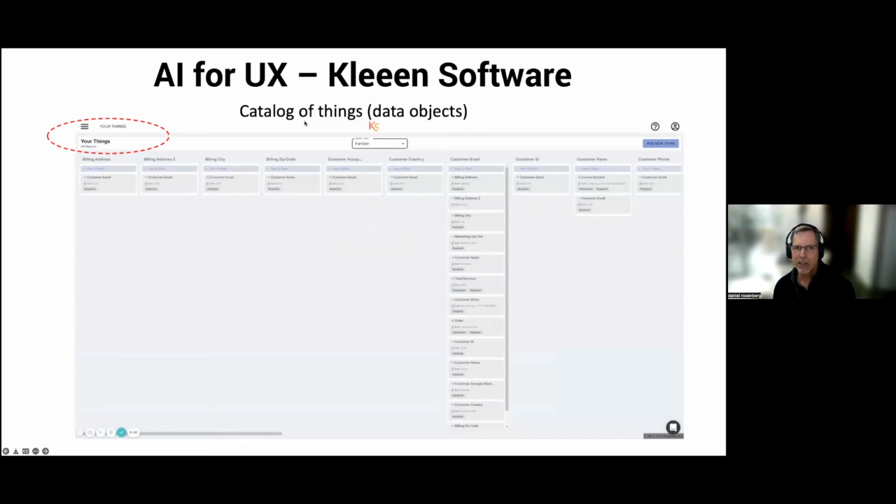It has this catalog of things. A thing is a data object. A thing is actually, consider this the database schema, that you need to explain what the data is that you're working with, right? Sometimes this can be deduced by reading the APIs. The artificial intelligence can look at the APIs and the database knowledge base and figure this out itself. But this is what it thinks the data is that's being manipulated.